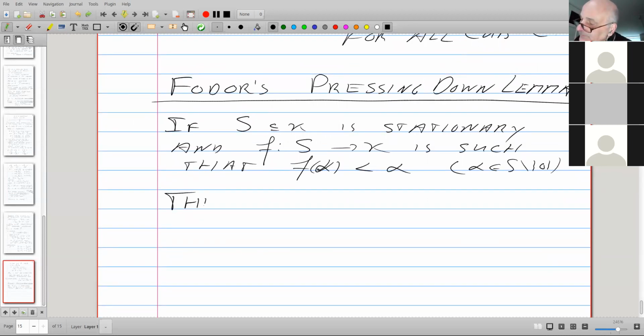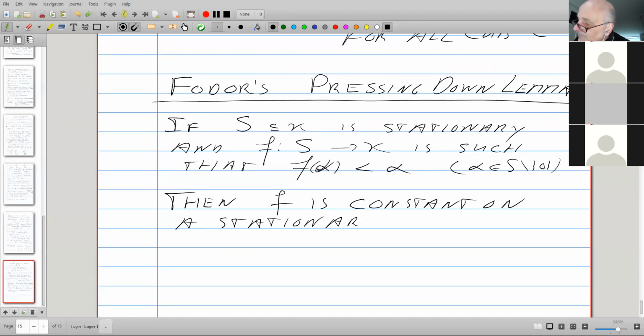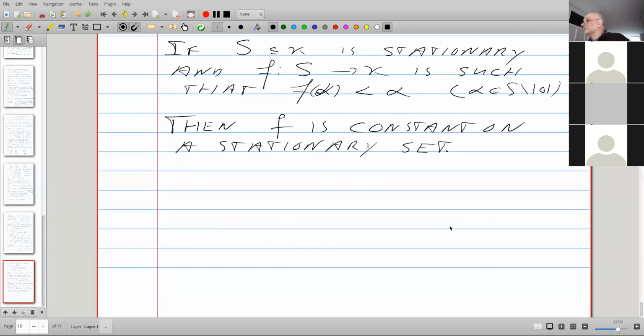Then F is constant on a stationary set. This is what makes the stationary sets and the closed unbounded sets so important. There is a homework exercise that applies this, but there are tons of applications of this theorem. So this is one that you really need to know in your set theoretic career, so to speak.